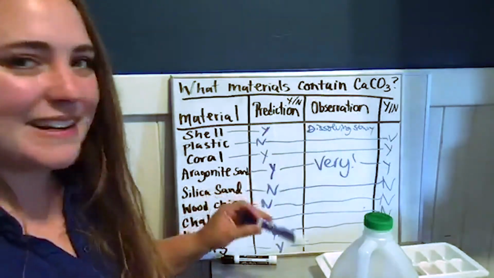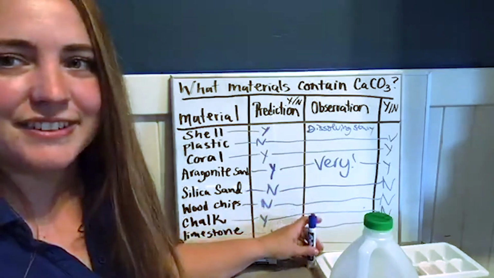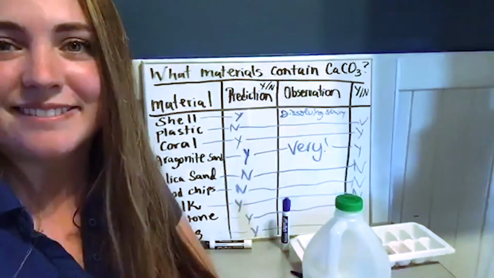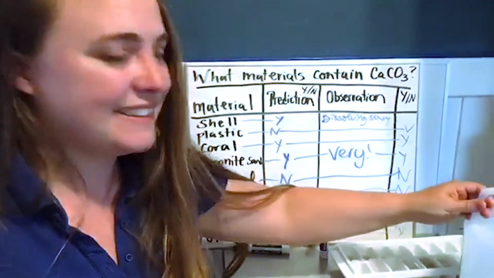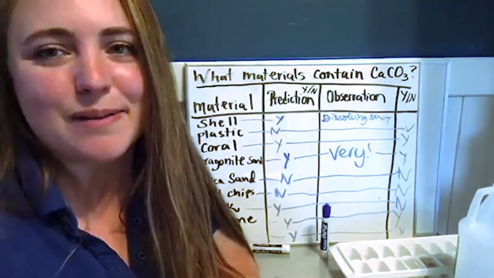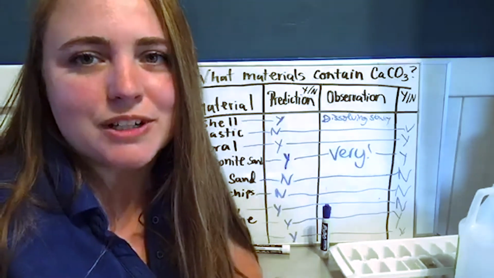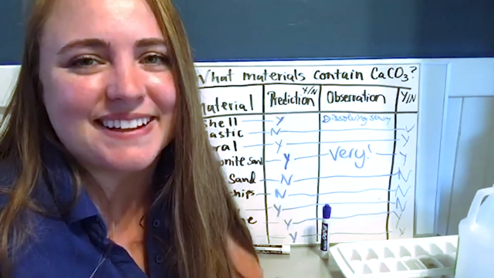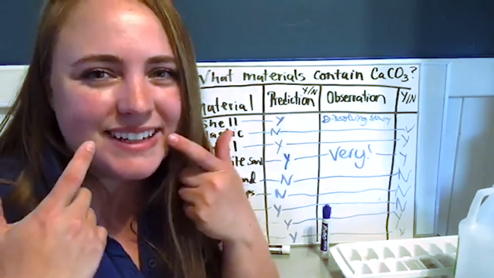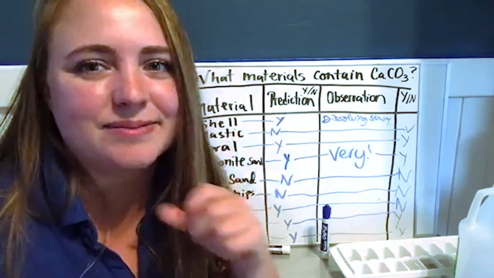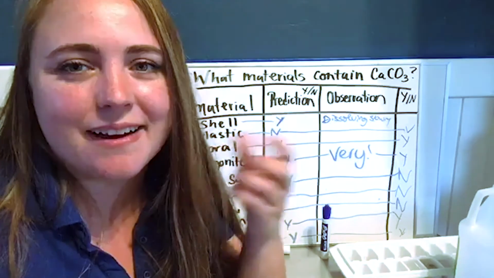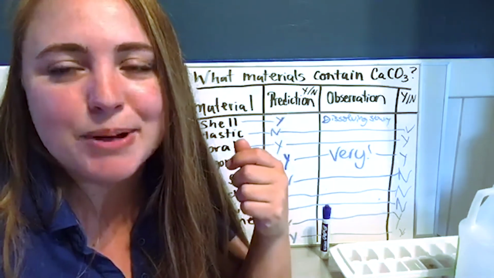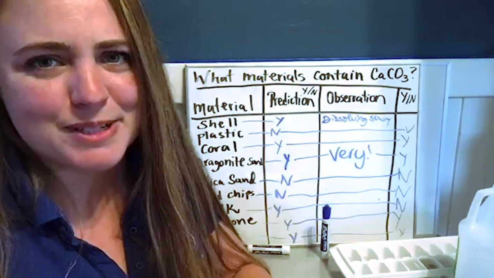So you can end up with a nice chart or graph showing the results of things you've tested, wondering if they have calcium carbonate. I know we have some shark teeth somewhere. That would be a fun thing to test. If my teeth have some calcium as part of them, granted, they are protected in a strong enamel that will hopefully keep them from dissolving, but